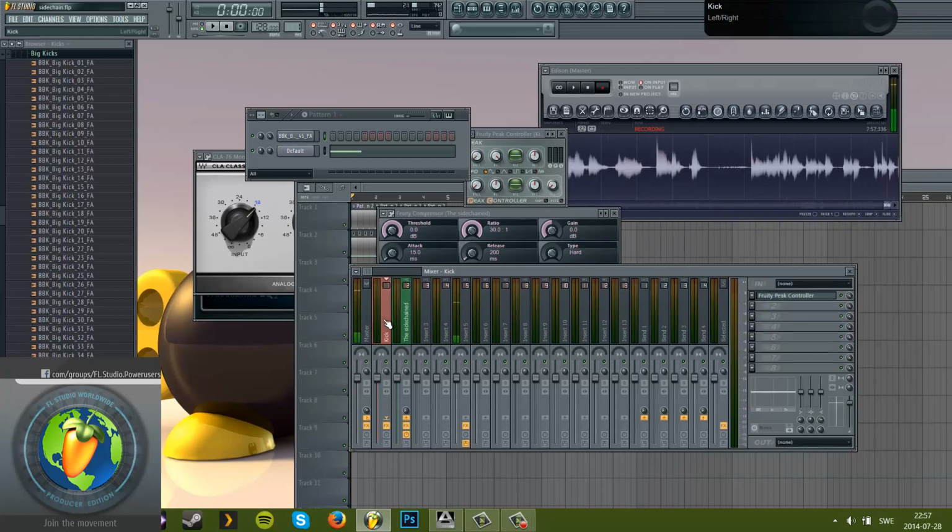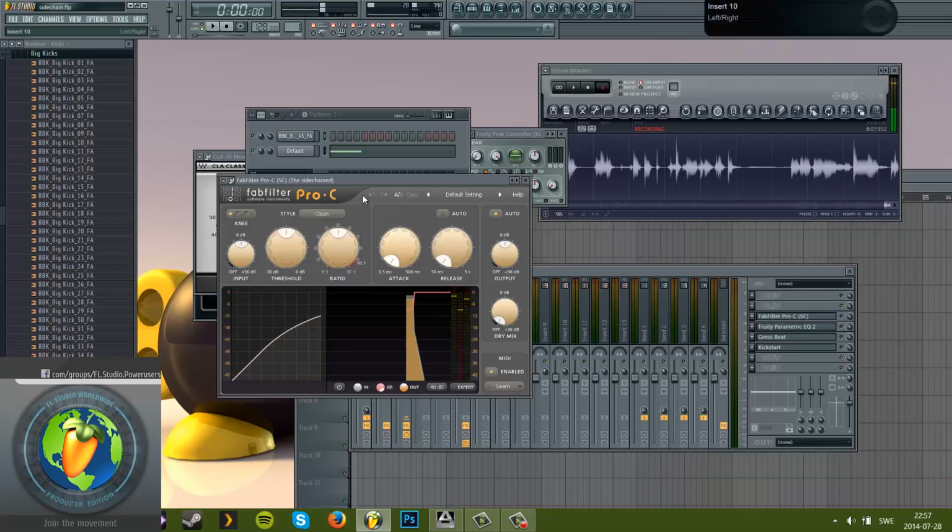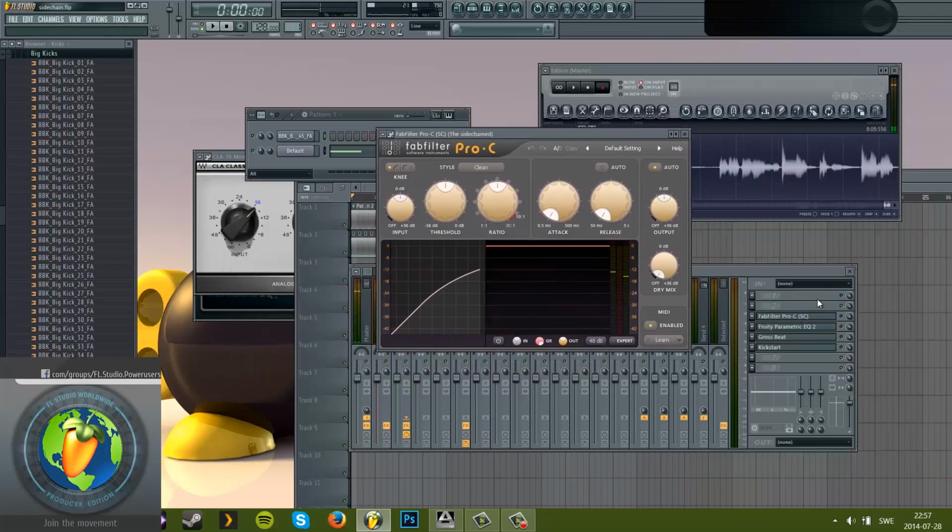For example, I do the same thing. Remember, right click, sidechain to this track. I will delete the old ones, and now guys, I have the